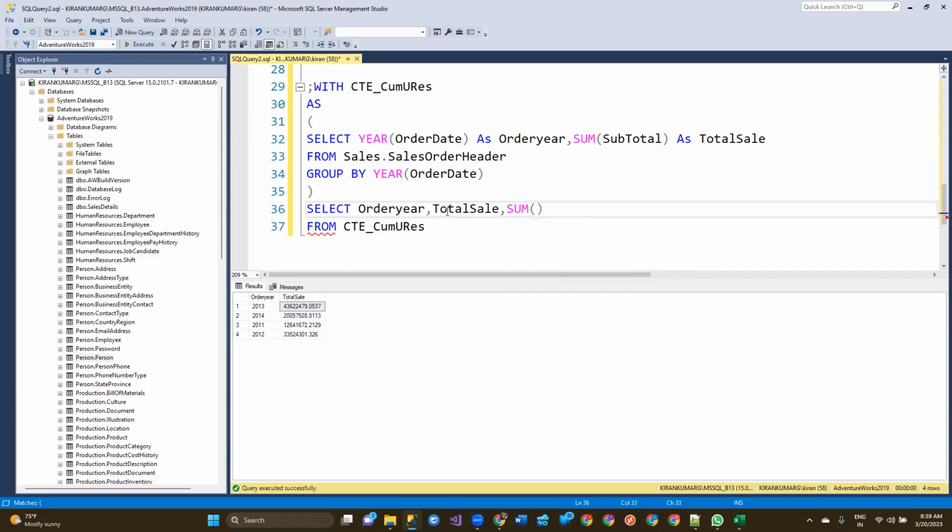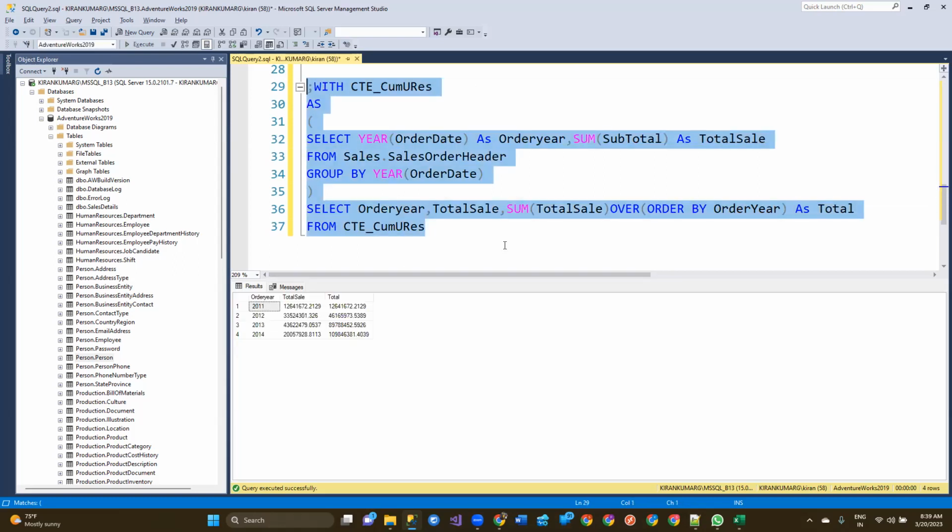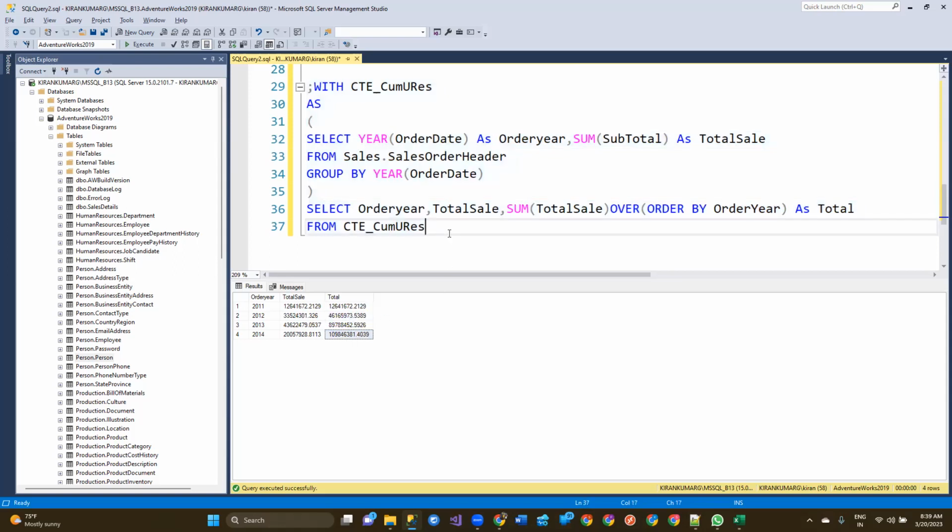Third column, I would like to produce sum of total sale over order by order year, as total. ఓకే, ఇది వచ్చింది కదా. ఫస్ట్ దానికి ఇదిగోండి, సెకండ్ దానికి క్యుములేటివ్ సమ్ అయింది, థర్డ్ దానికి ఆ రెండు సమ్మే థర్డ్ వాల్యూ వస్తుంది, ఫోర్త్ దానికి వచ్చేసరికి మూడింటి సమ్మే ఫోర్త్ అవుద్ది. ఫర్ ఎగ్జాంపుల్